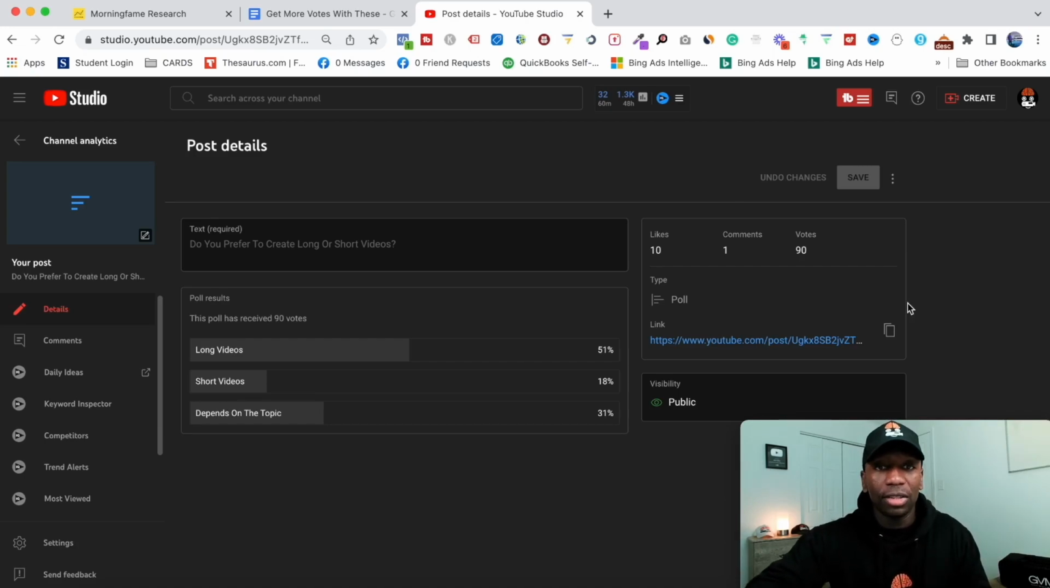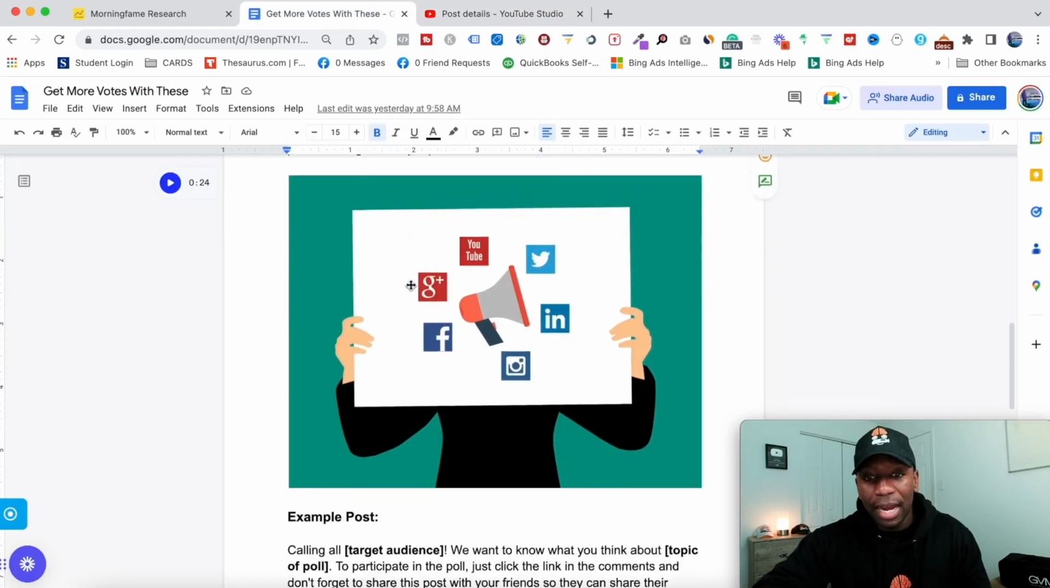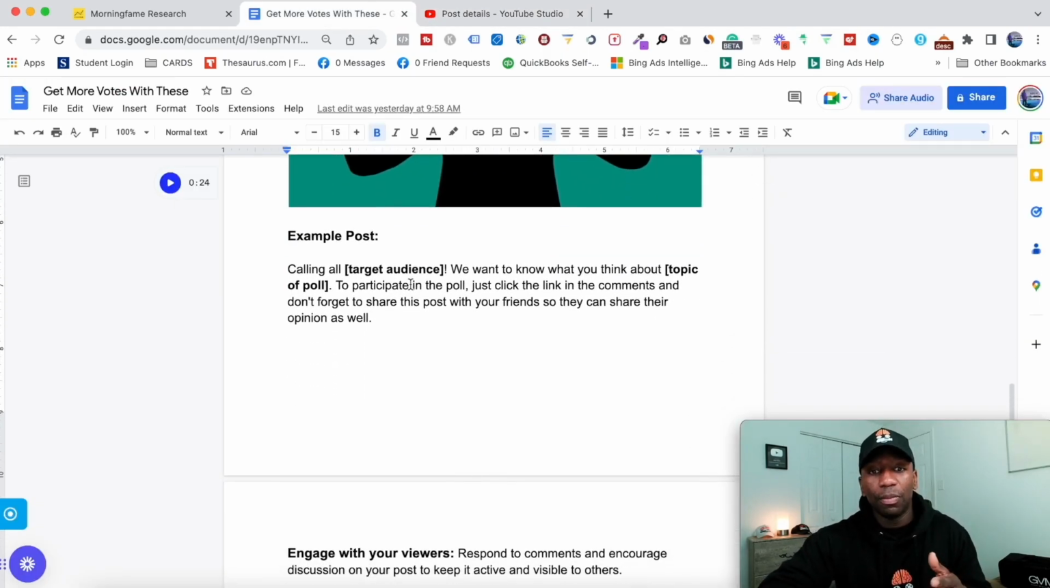All right, so let's go back over here to the Google document. Now let's go to this example post. So basically what I did is I just kind of gave you an example of how you could structure the post. This is obviously not exactly what you want to use, but it's just giving you an idea. So it says calling all, and then you fill in your target audience, right? So if it's affiliate marketers, you put affiliate marketers, or if it's digital marketers or whoever it is, just put that in there. And then it says we want to know what you think about topic of poll,